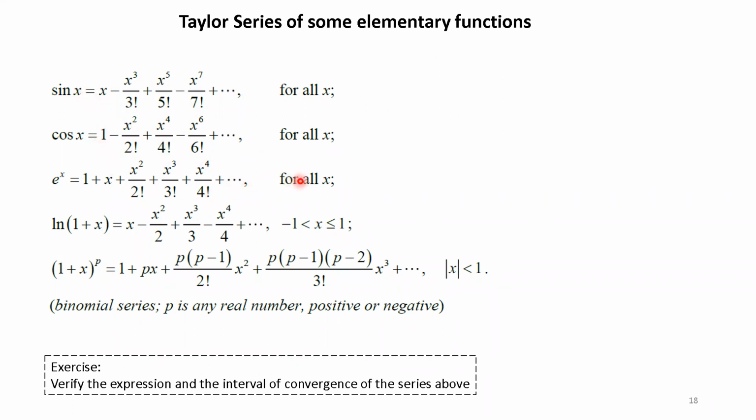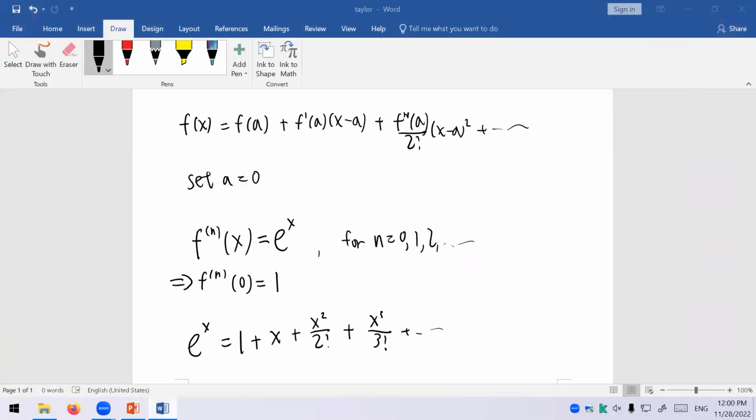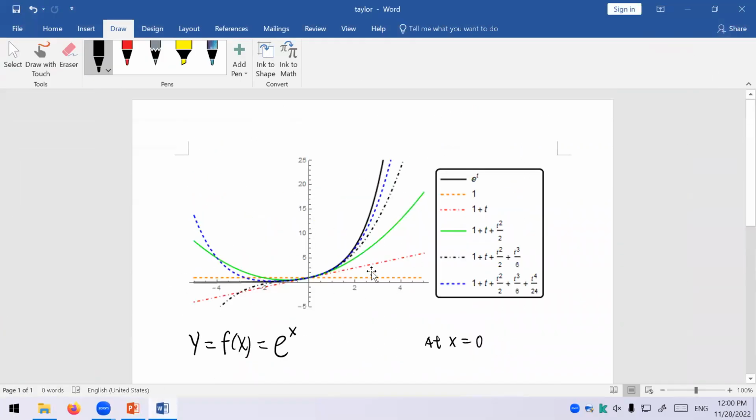Okay, so meaning that no matter what x you put in, this is a convergent series. But one thing to notice is that, given that you include just a finite number of terms, practically, the closer you are to 0, the better approximation it gives. As I already showed you in this graph over here, adding more and more terms, the overall approximation gets better and better, but still